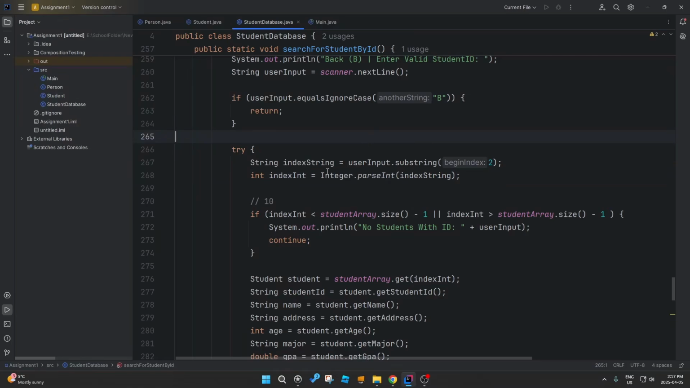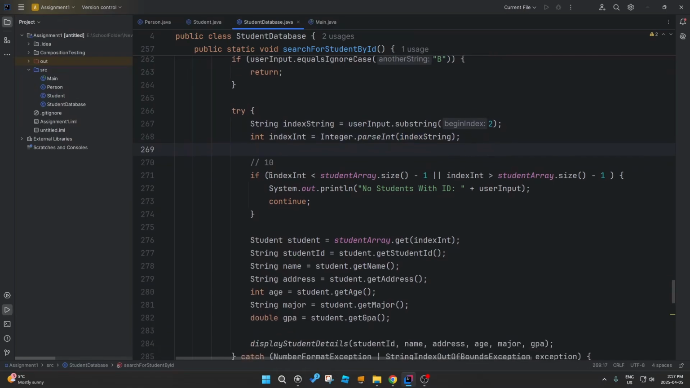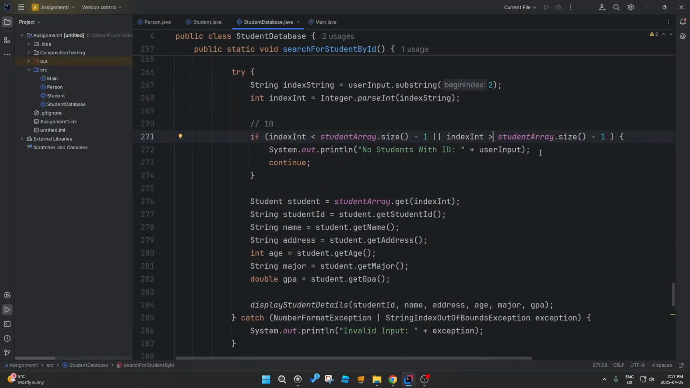And so it takes the string of 10, converts that into an integer 10, and then it says if 10 is less than the student array size. So let's say there's 10 students in the student array. Well, student int is equal to, so this is not true. And or student index int is greater than the array size. It is not greater, which means it's just equal to. So this would not be true,